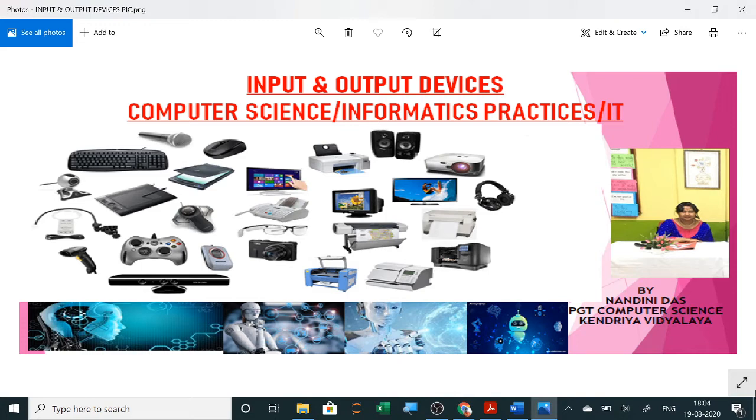So all these are taking inputs, and then your brain is doing the processing. In the same way in a computer also, CPU you have learned. CPU is the brain of the computer which is doing the processing. Now there are different input devices and output devices which take input in different forms. You can see the keyboard will take the input in the form of data. Mic will take the input in the form of sound.